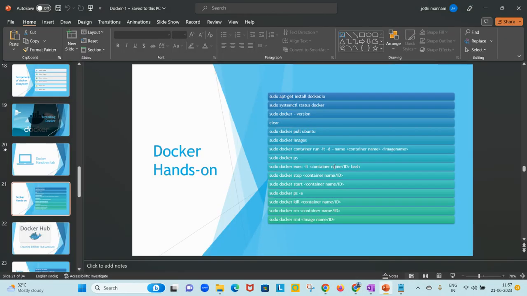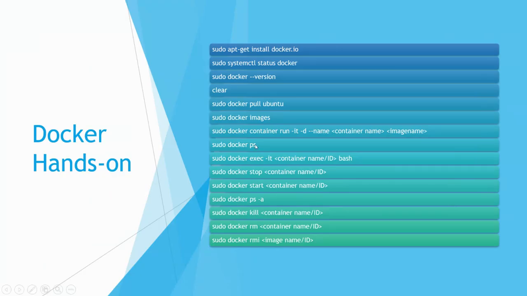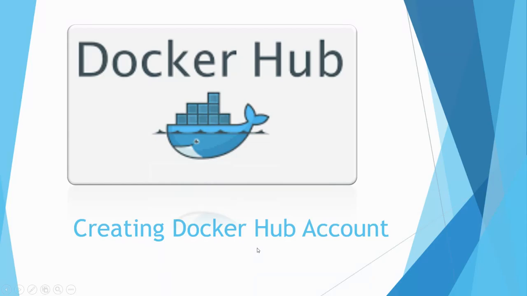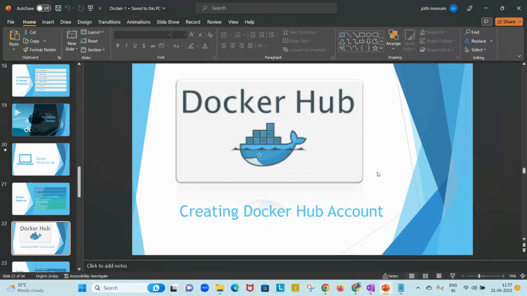So we are almost at the end of the class. We have seen how to install Docker, how to start the service, how to see the version, pull an image, and run a Docker container. We have executed, started, stopped, killed and removed the container, removed the images, and then the next part is Docker Hub. So before going into Docker Hub,